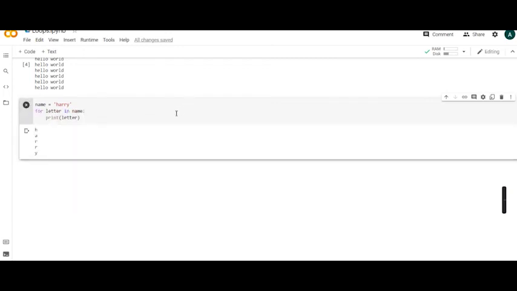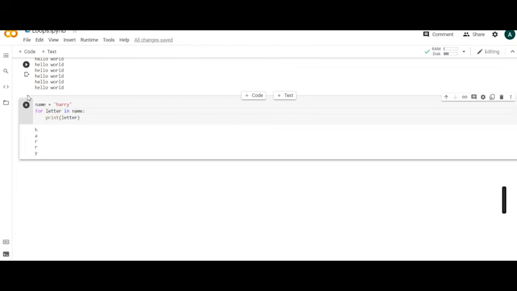What's going on here is we are going through every single letter in this string, which is H, A, R, R, Y. How? We have this variable here, like a counter variable, and you can name it anything. This letter variable goes through every letter in the string, and then we are printing it one by one.